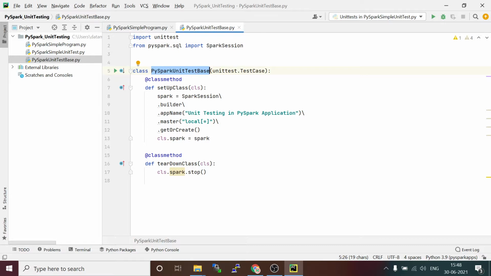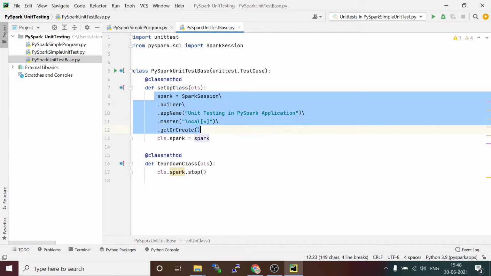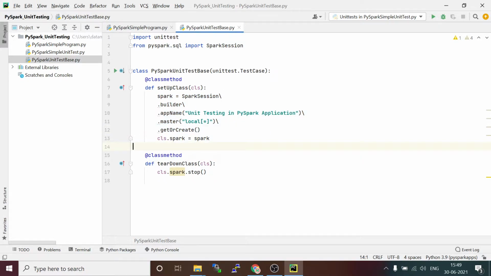In the setup class method you can initialize your objects. For example, if you want to run your PySpark program, you need the Spark session object, so I will create a Spark session object here and set it as a class level variable. Similarly, once the unit test is completed, while closing the unit test case, you are going to close some of the objects you created in setup class.